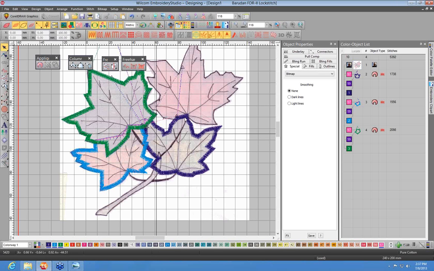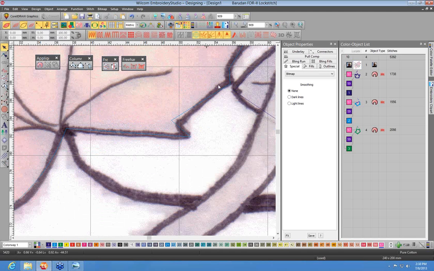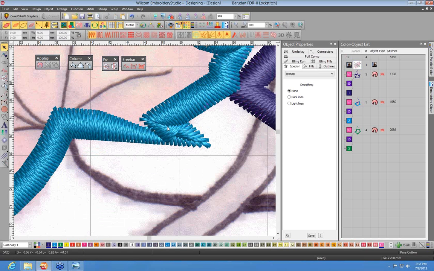The other thing that I wanted to look at before I move on to my next topic is just an in general thing with appliques and using the cover stitch. I'm going to turn the True View back on, and take a look at the design a little bit. Right away I'm zeroing in on down here, where, remember I said I didn't fuss over my points too much, you've got points that, if I turn the stitches off, look innocent enough to me, but when the stitches are there, you can see some difficulty getting around that corner. The tightness of the curves combined with the smart corners is just awkward, to say the least. If I select the object,